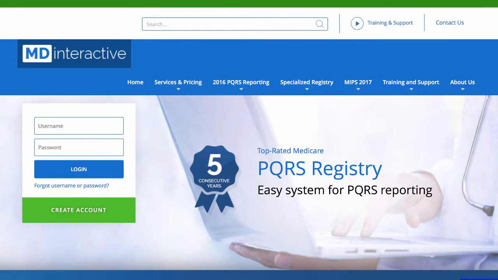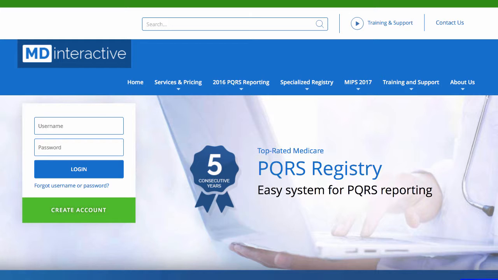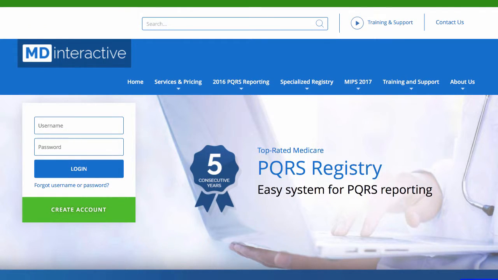Today we are going to update or edit the data for an existing patient record. This is a patient that you have already entered into your MDinteractive account. First, choose your favorite web browser and go to